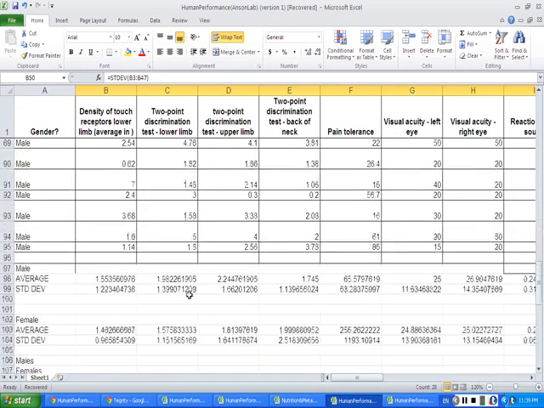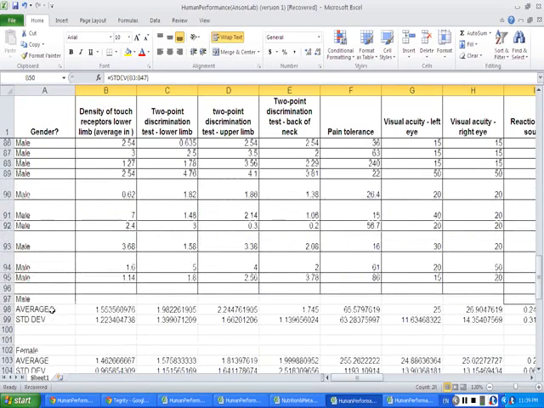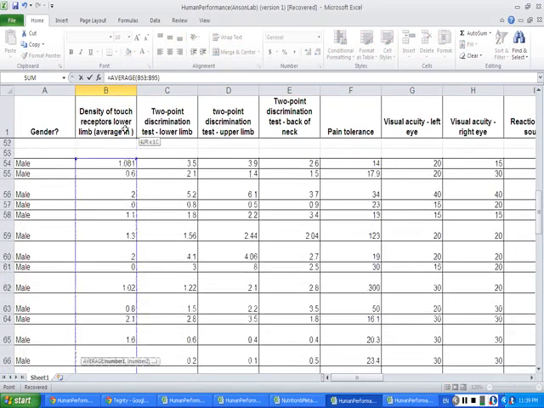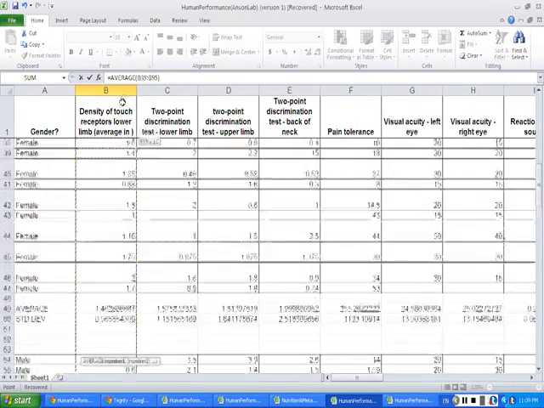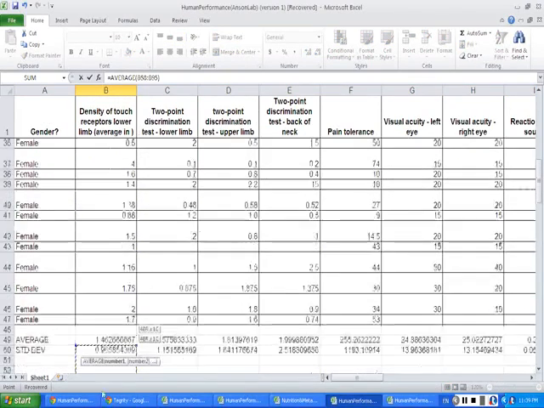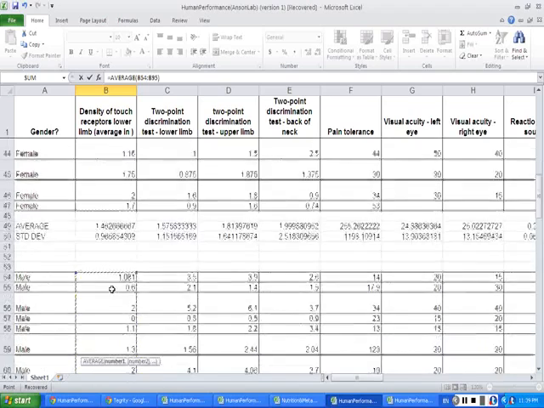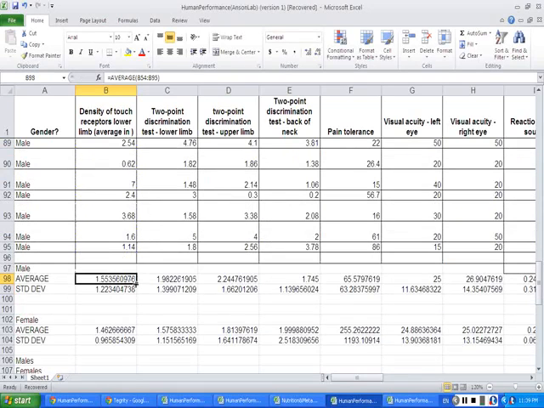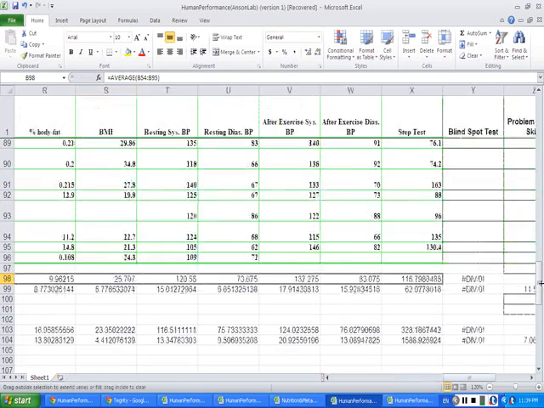Do the same thing for the males, and I already did it over here, so I did the average already. Make sure when you're taking the average of the males, you're only taking the average of the males and not both the males and females. So from the very first male to the very last male, you don't want to go any further than B54, because if you do go any further, you're going to be taking female data, and we don't want that. We just want the male data. So B54 all the way to B95 here. Press enter, go to the bottom right hand of the cell, drag it across,